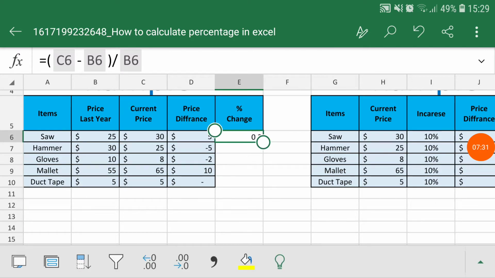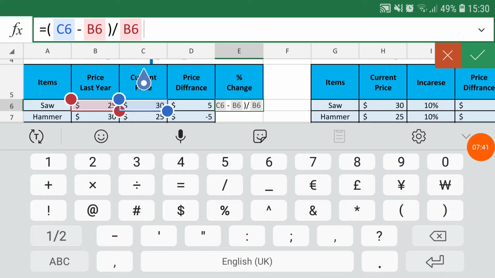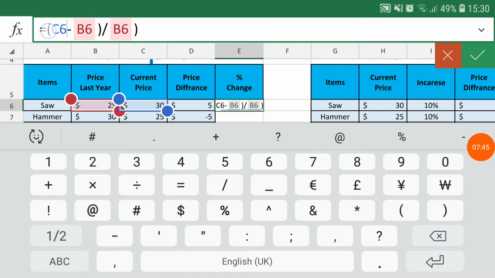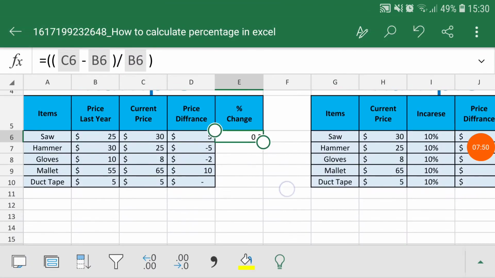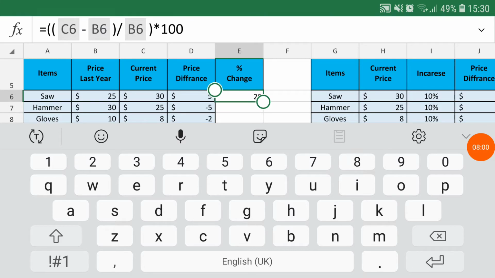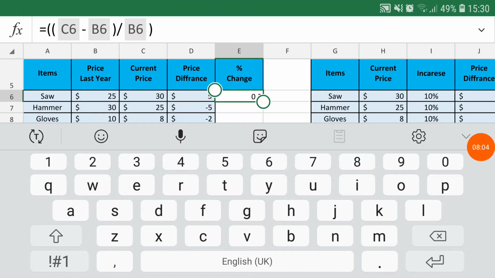If you multiply this answer by 100, you will not have the percentage sign. Let me show you how it will work. See, once we multiply this formula by 100, we get the result but not the percentage sign. For the percentage sign we need to remove the 100 and we can apply the percentage